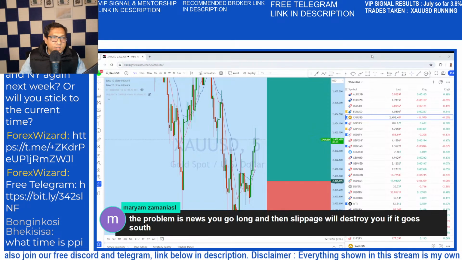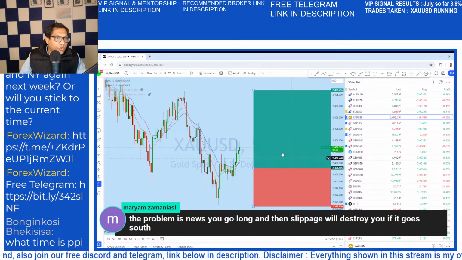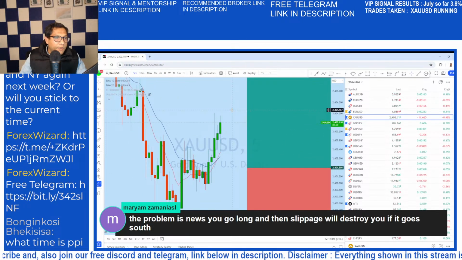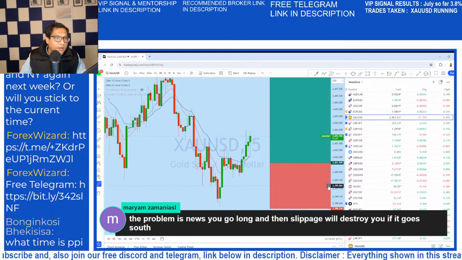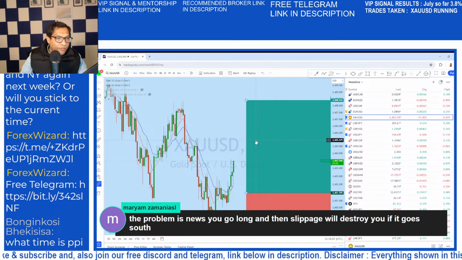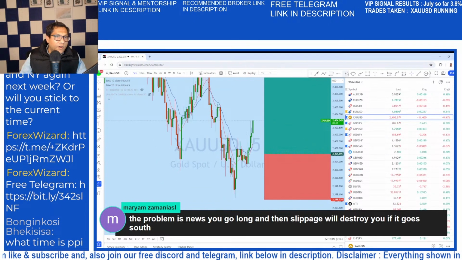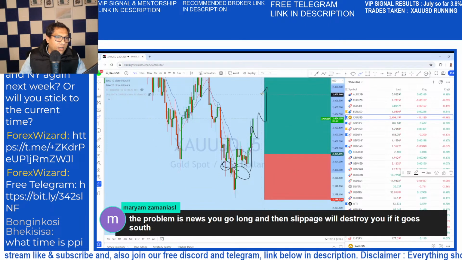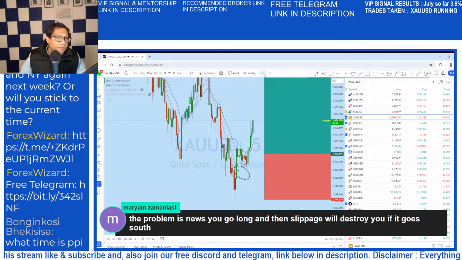All right, so let's see if we will be holding it or closing it, depending on how the price action is forming. For me, I think the bias is to the upside. I want to hold it for bigger profit. We can see there is an inverted head and shoulders formation here, which is a reversal pattern.